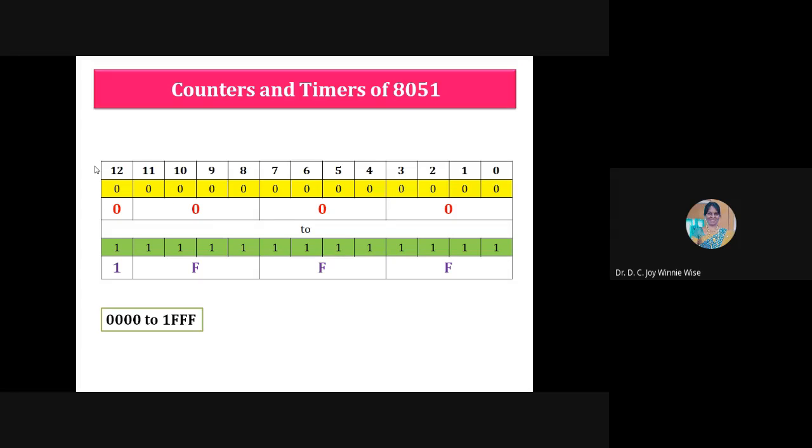Put the bits 0 to 15, and for the minimum value take all the bits as 0, so you know this is 0000. And for the maximum value, all the bits will be 1. So what is the maximum range for 16-bit data? What is the maximum value?